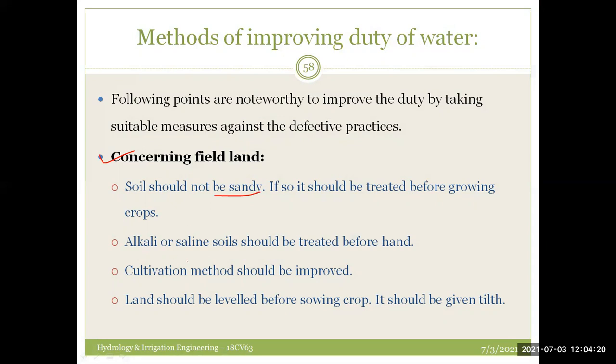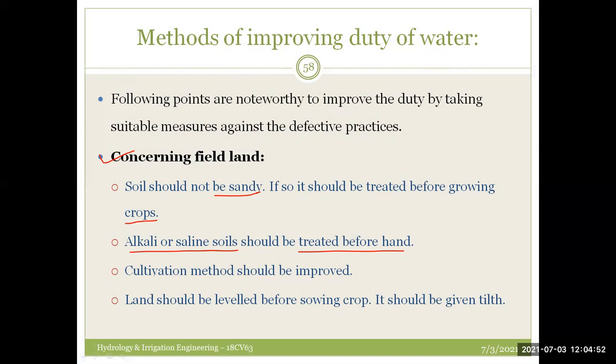Whatever field land you select should be sandy, and if it is not sandy soil, it should be treated before sowing the crops. Also, alkali and saline soil should be treated beforehand. If the soil contains some alkaline or salt content, you have to treat that